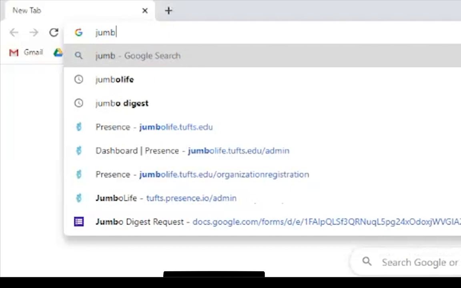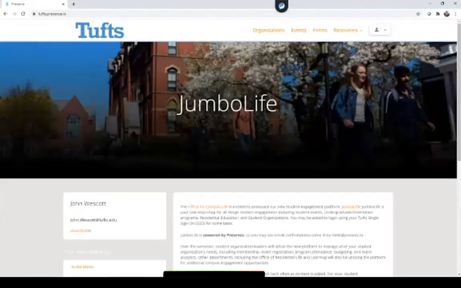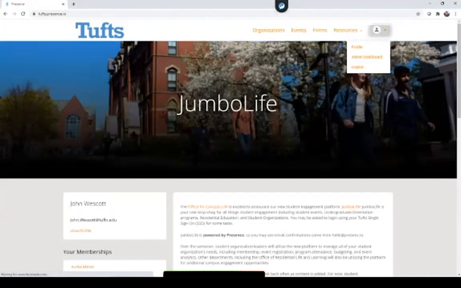Next, we're going to show you how to edit your organization through the admin portal on JumboLife. So you're going to head over to jumbolife.tufts.edu and log in using your Tufts single sign-on. From here, you will be able to click back on that icon in the top right corner and select Admin